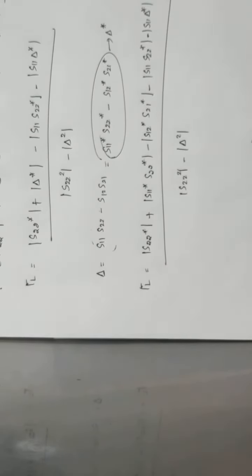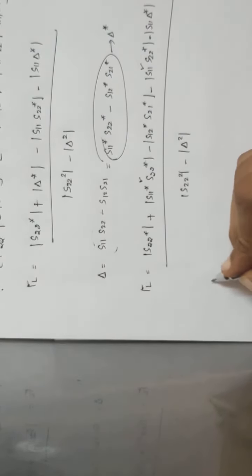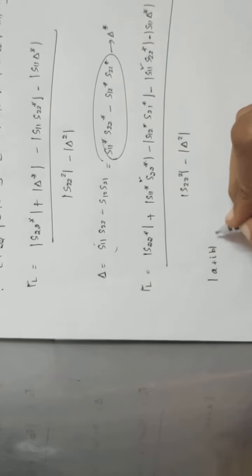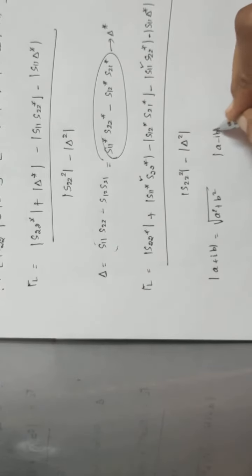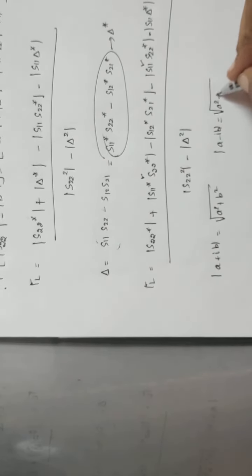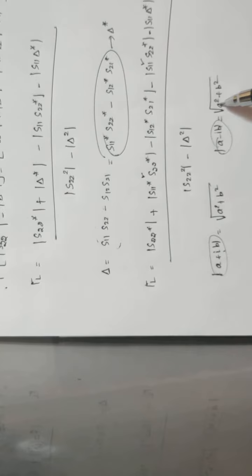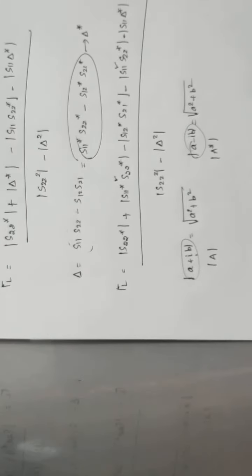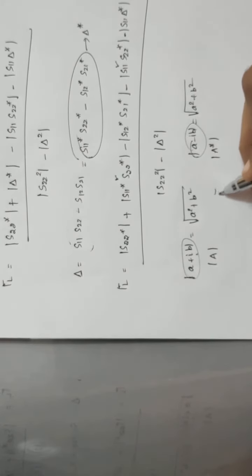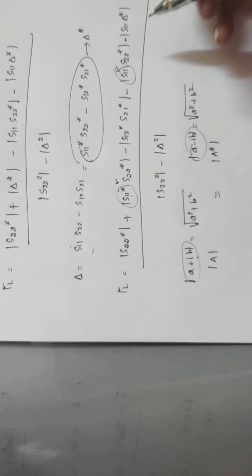Now see whether any similar terms are there. If you see, this is S11 star S22 star, this is S11 S22. Now take modulus, for example, for a plus ib. What is the modulus of a plus ib? It is root of a square plus b square. If I take it to be a minus ib, it is again root of a square plus b square. So whatever is present inside the modulus, the magnitudes are going to be the same. So I can say that, for example, if this is some value a, this is the conjugate of that, and both have the same magnitudes. So a will be equal to a star. In that context, we can write S11 star to be the same as S11 here.